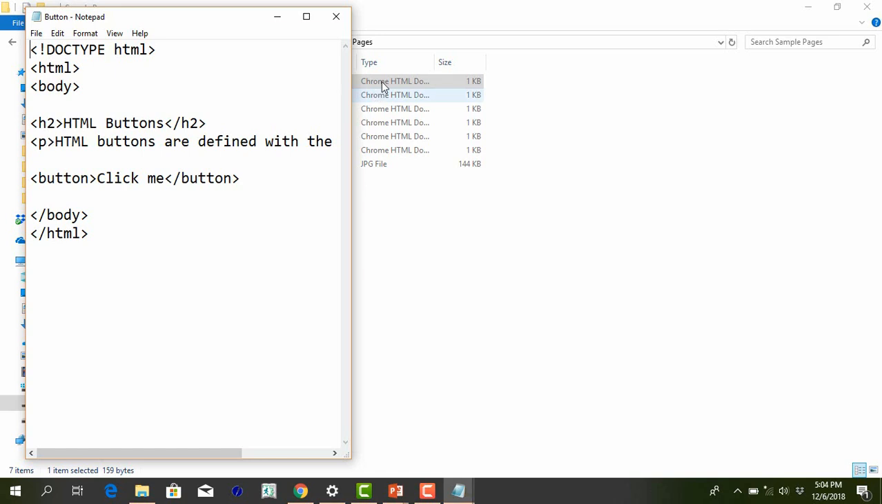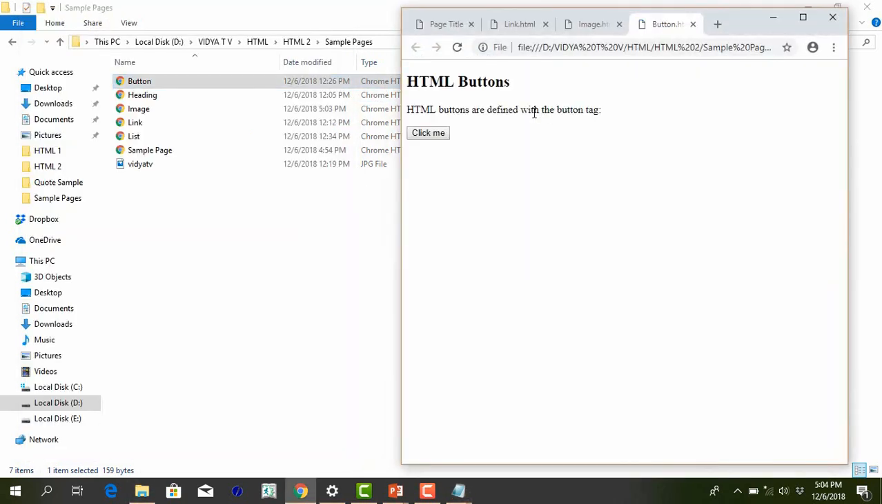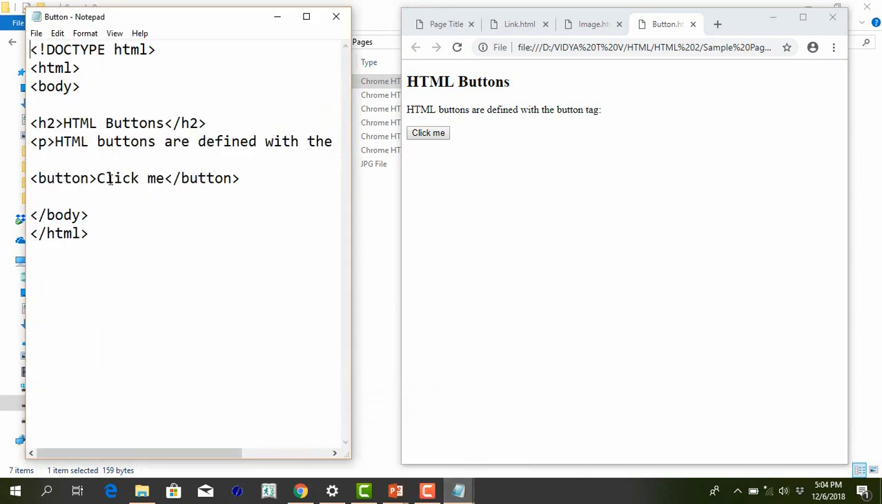Okay, then I'm going to open that HTML page. So here you can see the click me button, this is the code, this is the click me. Okay, so if you want to set it to reset, then file, save. Here you can refresh, so the name will change to reset. Whatever details we give between the button tag, that text will display here. Okay,